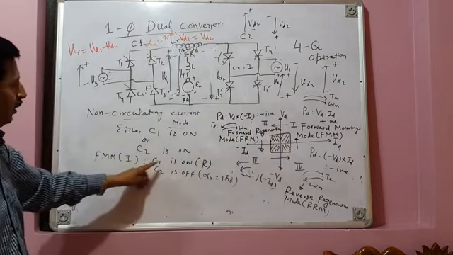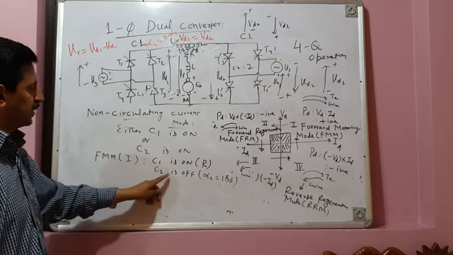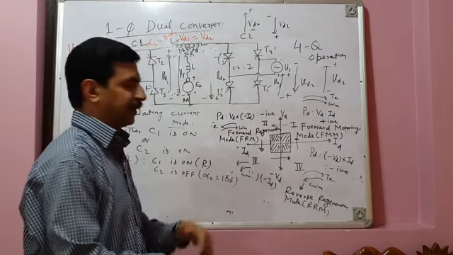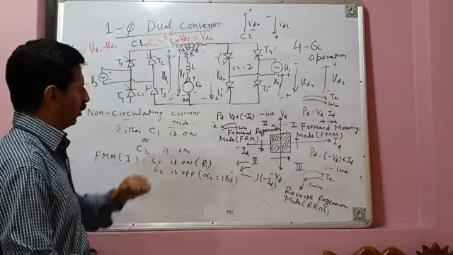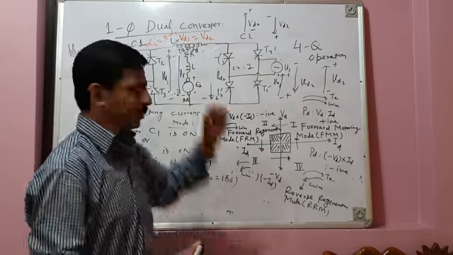So converter 1 will be on, it will be operating in the rectification mode of operation, and converter C2 will be off, it will be at alpha equal to 180 degrees. So this gives forward motoring mode. So voltage, average voltage is positive, that is equal to VD1, and current is also positive. Your machine takes energy from the source, converts that electrical energy into mechanical energy, runs as a motor.